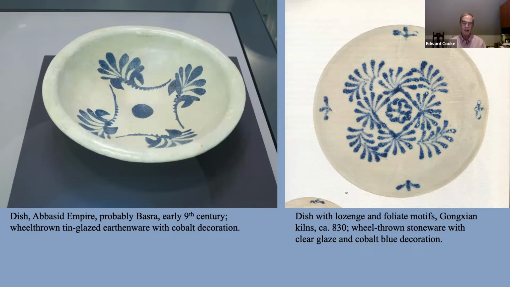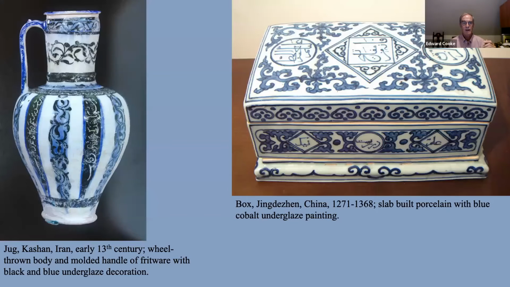So they're doing it in their stoneware tradition as opposed to a tin glazed earthenware tradition. They're both using imported cobalt. And this idea of blue and white therefore has this whole kind of East Asian Arab Peninsula connection right from the get-go. And you start to see the development, in the Islamic world, from tin glazed earthenware to